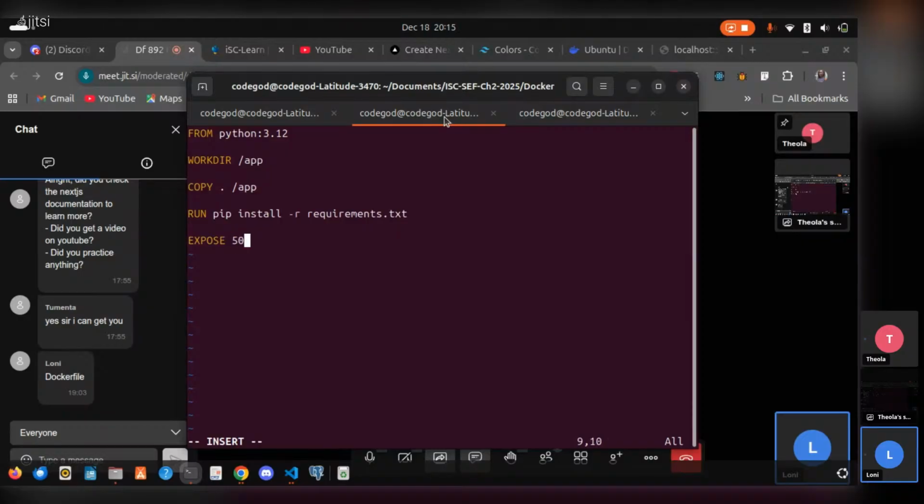So this 5000 there refers to the port number, right? And you know that your Flask app by default runs on port 5000 unless you decide to change it. Same way your React app will run on port 3000 by default, right? So when you're saying expose 5000 or expose 3000,